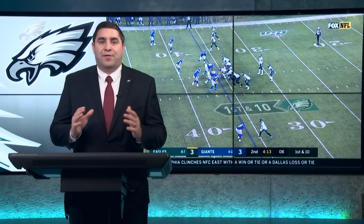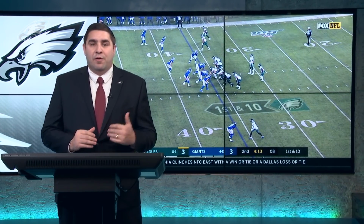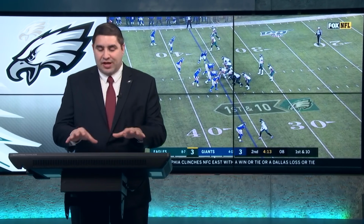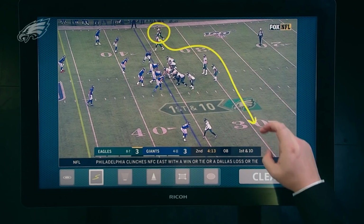All right, let's now fast forward to the Eagles' touchdown drive in the second quarter. Late in the quarter here, late in the first half, and the Eagles get a big play from Boston Scott in the screen game. Really well-designed screen pass from Doug Pederson and the Eagles' offensive coaching staff. Let's take a look here. It's going to start with Greg Ward, who's going to come in what's called orbit motion, where he's going to come behind the quarterback,